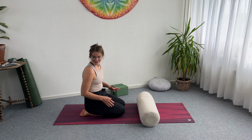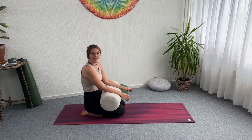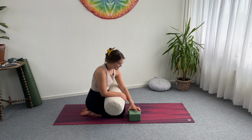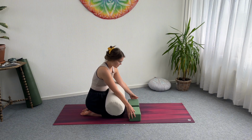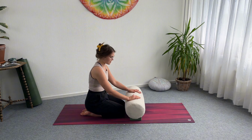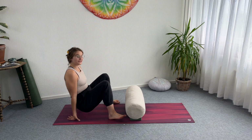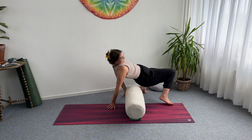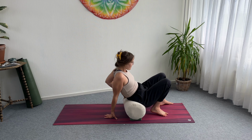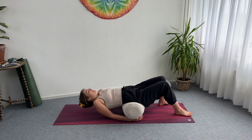And then I'm going to show you how we're going to build up our last pose. So if you only have a pillow, use your pillow. If you do have props, then this is how I would build it up. Bring two blocks on towards the mat, medium height, and then place the bolster on top of it, just so you have a nice soft padding. Now, we'll be scooching ourselves on towards the bolster again with the tailbone, and then bringing ourselves into a supine